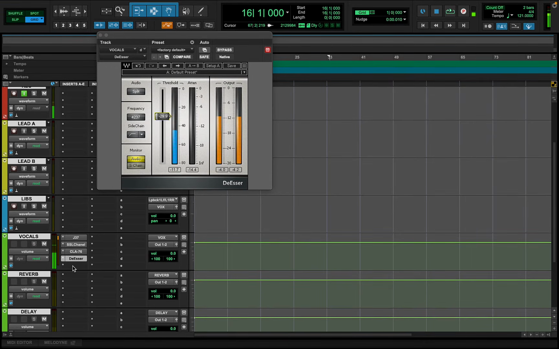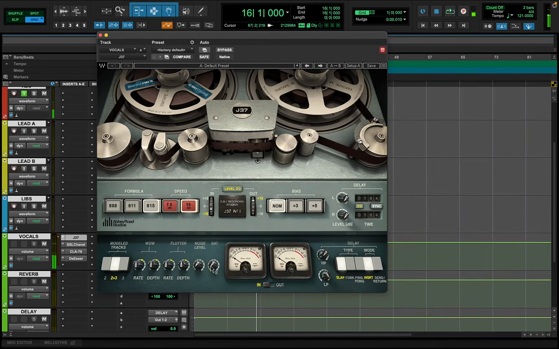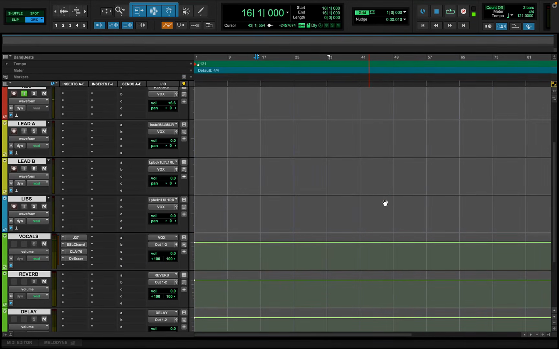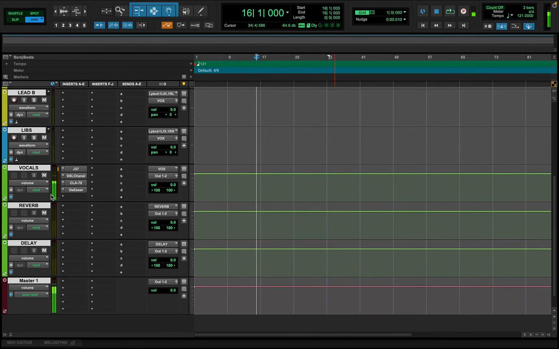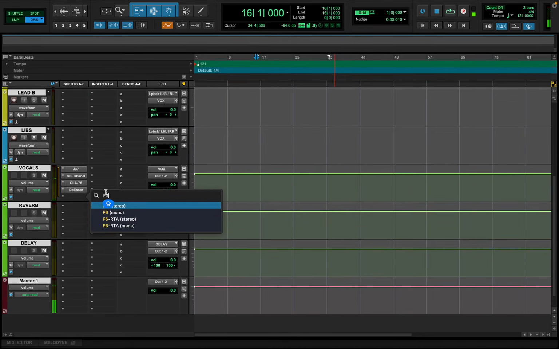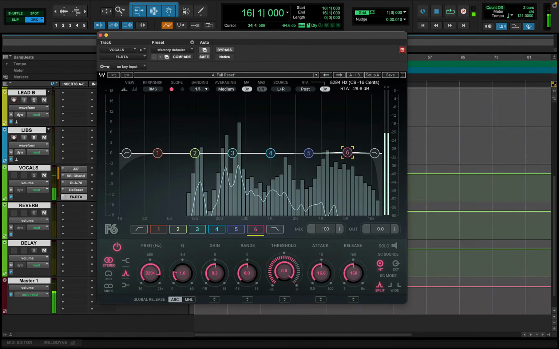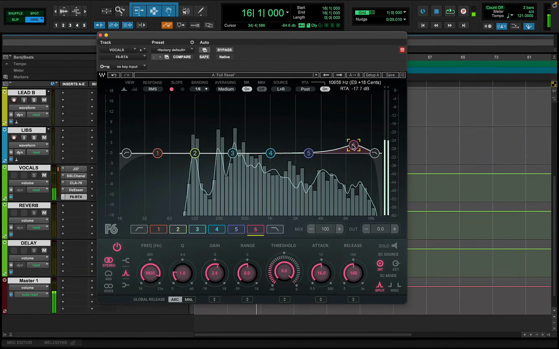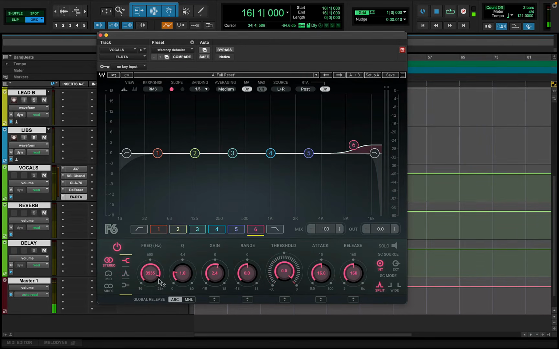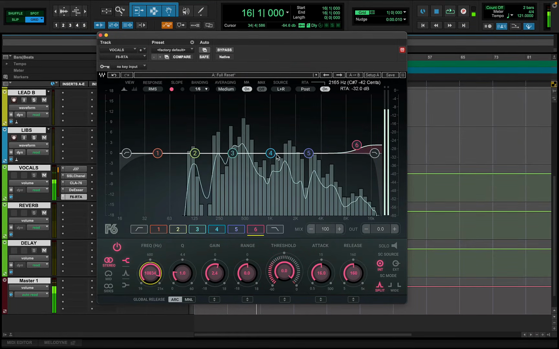So for now, and then I might turn up a little bit of the saturation on the J37, and I like how this sounds. Okay, and then from there we'll open up the F6, and all I'm gonna do with this is boost some of this top end, and we're gonna make it a shelf, and we're boosting 10K. All right. Now I will come back and adjust this later as I'm recording,